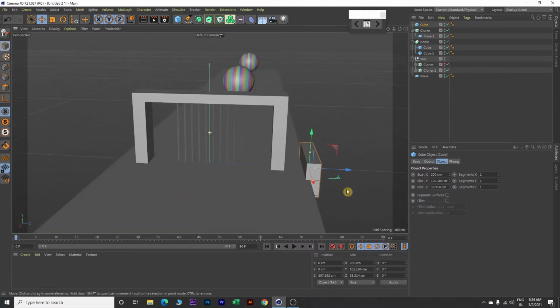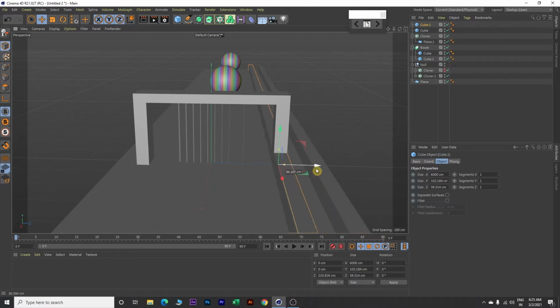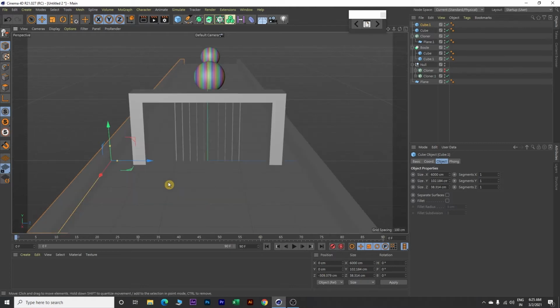Okay, this looks good. Now change the X value to 6000, and this looks good. Now click on this, Ctrl C and Ctrl V and move this over here like this. Perfect. This now looks good.